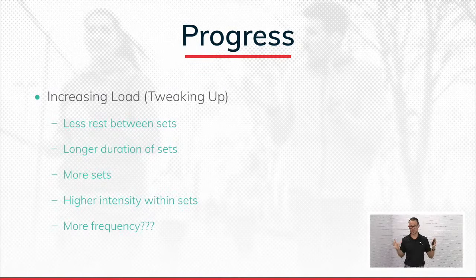So maybe if they're doing a cycling workout, maybe we have them go 8 minutes per interval rather than 6 minutes. We can do more sets. In base training, maybe we're doing 3 sets of a particular exercise. Maybe in the fitness or performance phase, maybe now we're doing 6 sets. And keep in mind that an endurance session would be 1 set. So increasing duration would be adding minutes, going once again from 45 to 55 or 60 minutes.